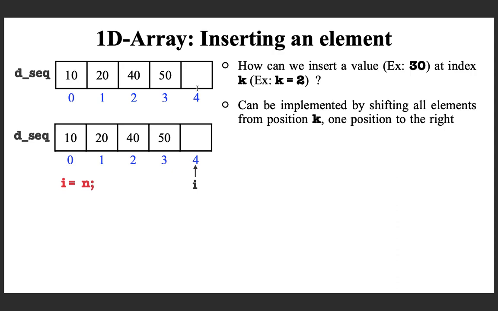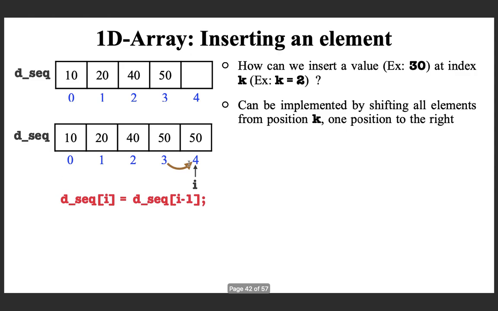Then what do you say? When you are standing here, you can say the element previous to it can now move here. So how will you say that? This is the movement you required. You are here, so you have to say that at i, the element from i minus 1 needs to be filled. So this is what you are saying: the element at i requires to be the value at i minus 1. Okay, so this copying is done.